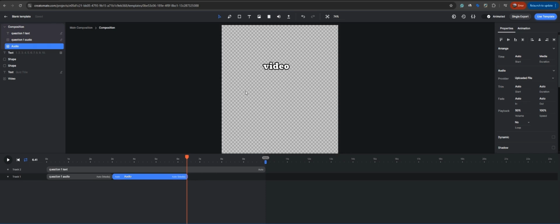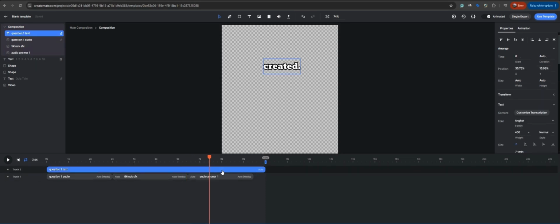Okay, so what we need to do is let's rename it to TikTok sound effect, and let's put another audio over here, and this will be our audio answer 1. Now, as you realize, this text is still going, and this is our question text, and that shouldn't be happening. Now, you might be tempted to simply do this. However, this is now fixed duration and in 3 seconds. Now, you don't know how long your question is going to be, so you cannot set this text to a fixed duration. It needs to be on the auto, but also it cannot overlap by going over those sound effects